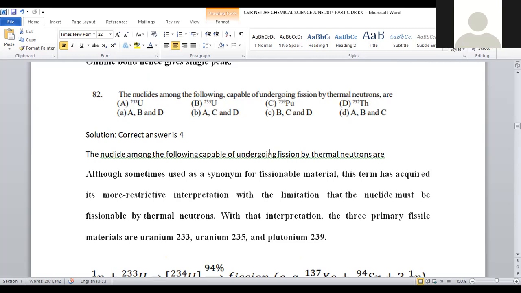Fission means that if you take any bulky atom and bombard it with a thermal neutron, it will be fragmented into smaller particles along with the emission of a large amount of energy. Whenever small particles combine to give a larger one along with the emission of an uncontrolled amount of energy, it is called a fusion reaction. Right? So sunlight, a fundamental source of our energy, is based upon this nuclear fusion reaction.